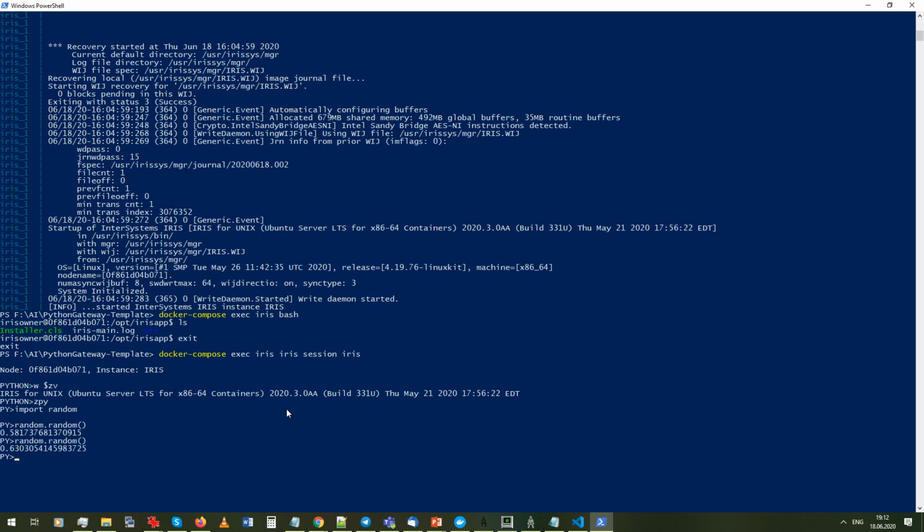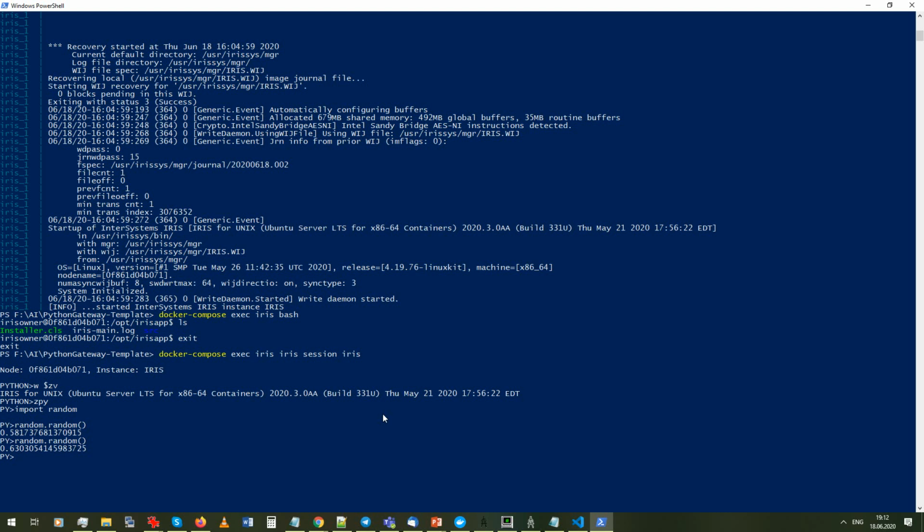We're importing the random package and calling it. And we get results back, different results every time. Not actually guaranteed, because I think random is just a pseudo-random generator and not a true random generator. But anyway,